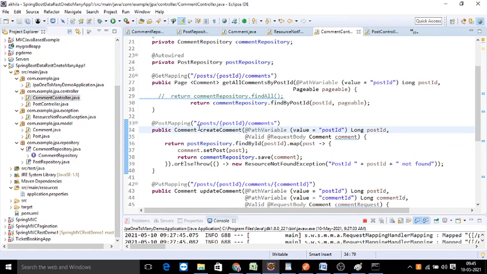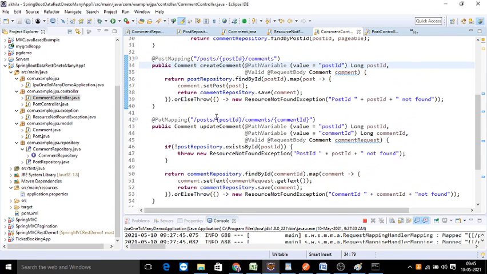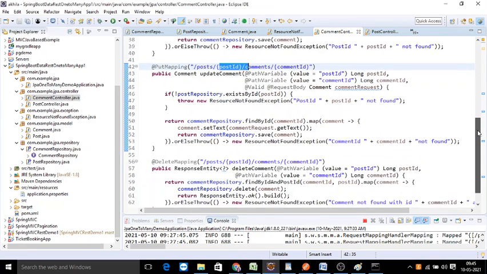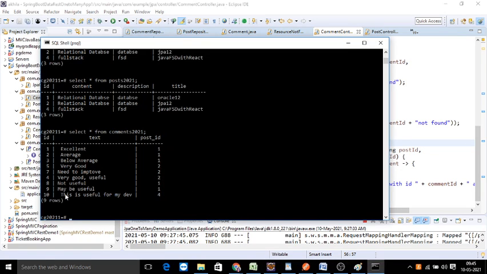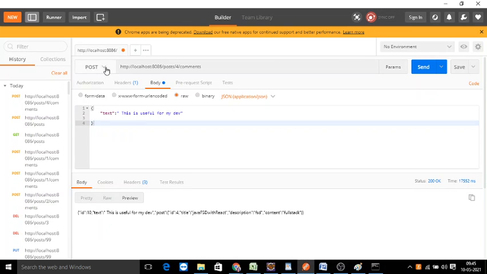Accordingly, you need to pass the URL. You can also perform delete, you can also perform update, anything you can perform, but the URL you have to maintain. Let's say I wanted to delete the comment number. Okay, what is the comment number here? Let's say 2 I wanted to delete. For the post is 1, right? So I wanted to delete.